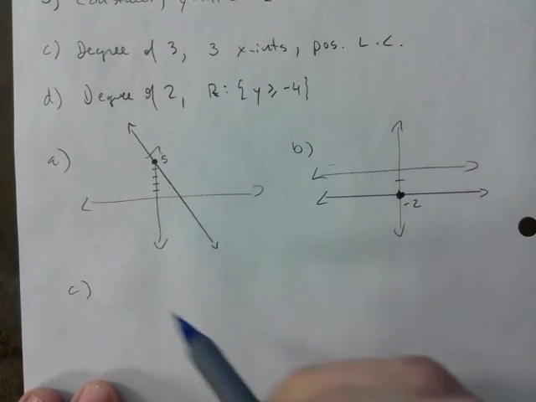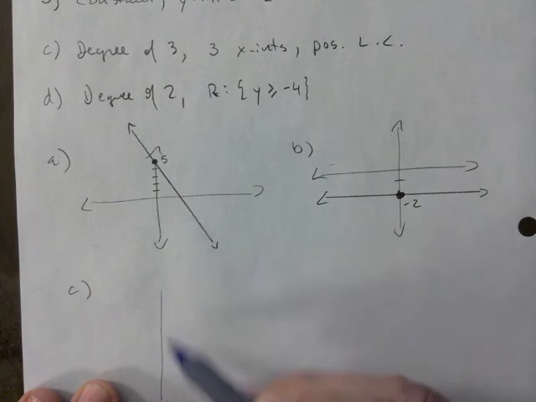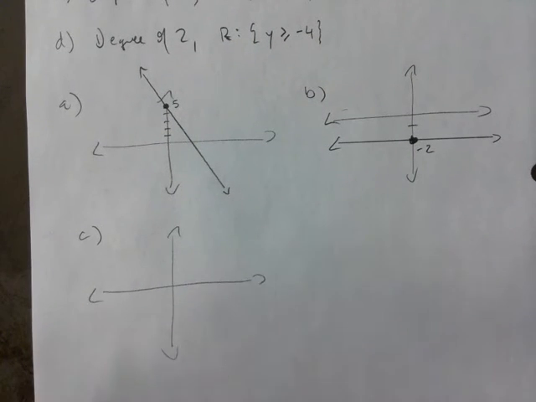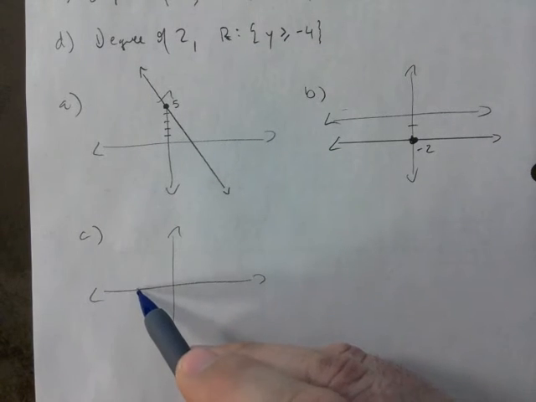And then C, degree of 3. So that's a cubic. 3 x-intercepts, positive leading coefficient. So it has to go up from left to right. And notice this, guys. If it has no turns, there's only 1 x-intercept. So a cubic can have 0 or 2 turns. That's the only 2 options you have. So it must have 2. So I will do